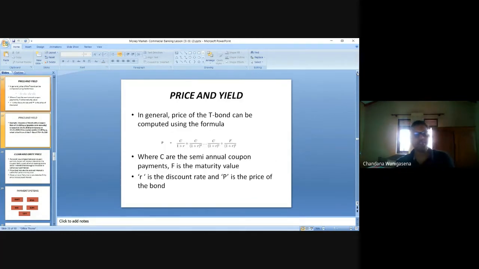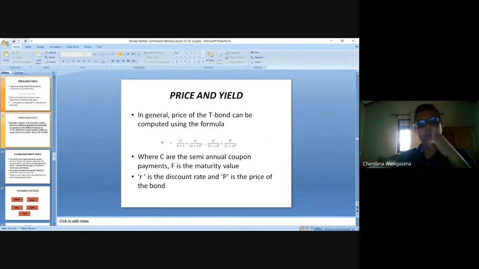So now let's move on to understand how we determine the price of a bond. We have mastered how to calculate the price of the treasury bill. Now we move on to the treasury bond. The difference between a treasury bill and a treasury bond is that treasury bills are 3, 6 and 12 months, short term. Treasury bonds are more than 2 years, and can go up to 30 years. So that's the difference.